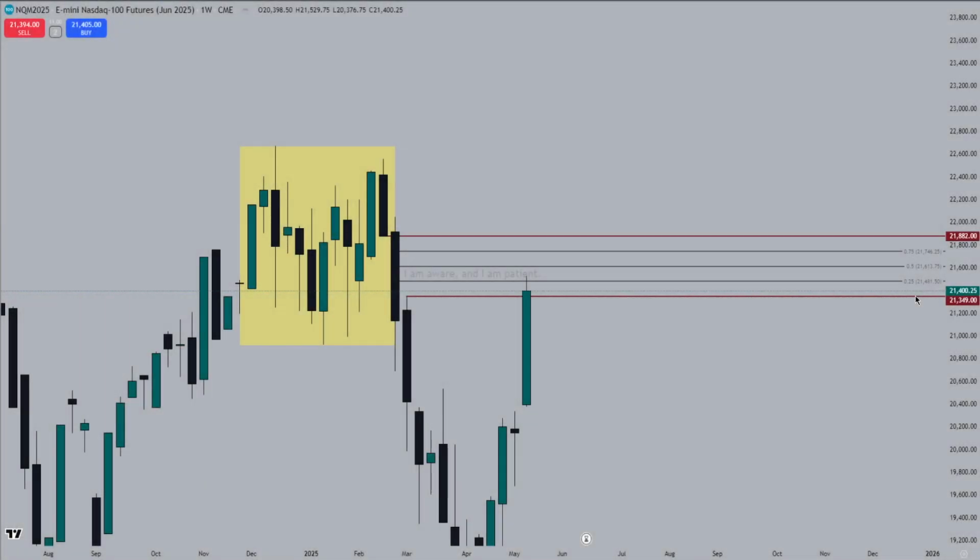Here we have the weekly chart for the Nasdaq futures June 2025 contract. I'm just having this on here to show you how the week closed off this Friday, and to familiarize you with the arrays that I'm going to be displaying on the daily and more micro time frame charts. Here we have this SIBI, and I have the quadrants labeled out. That's the top quadrant, the 0.75, its consequent encroachment. This is the lower quadrant, 0.25.